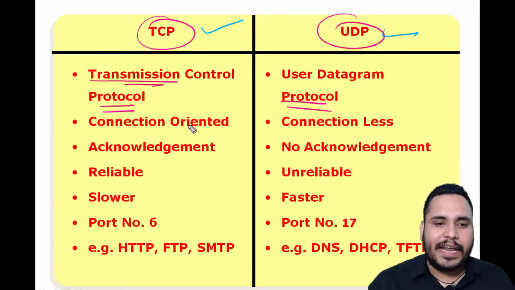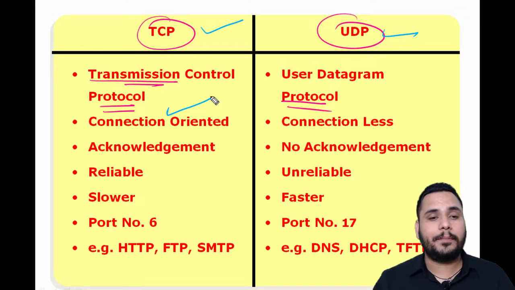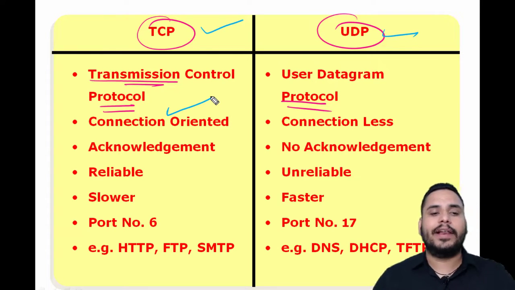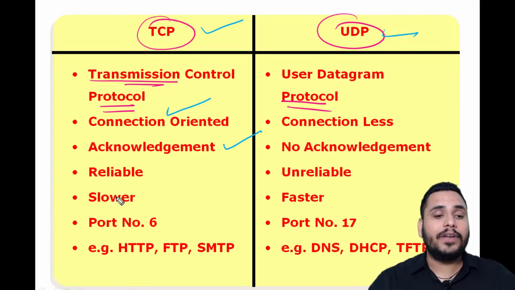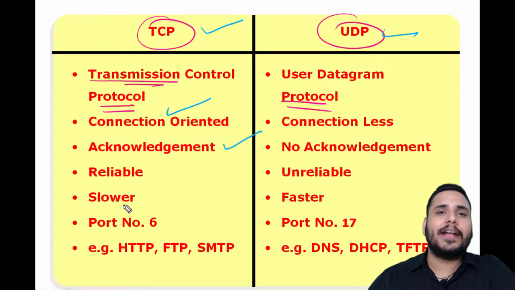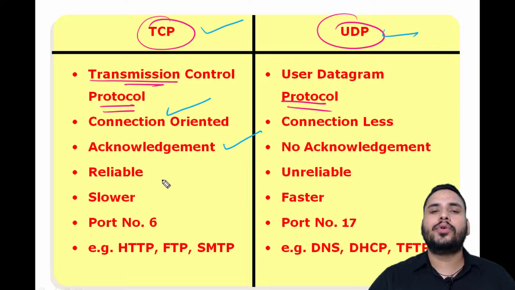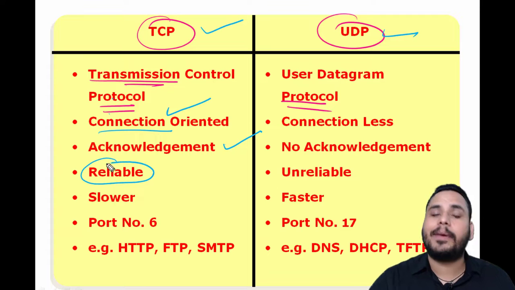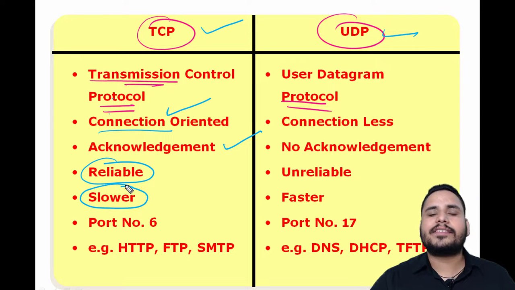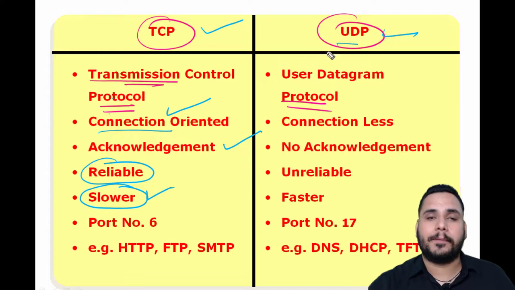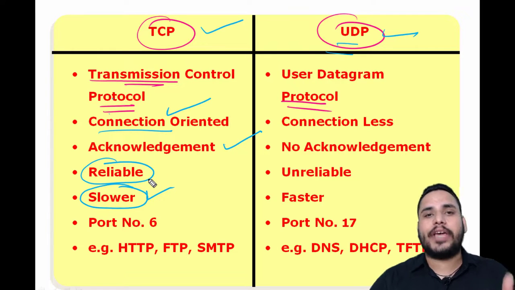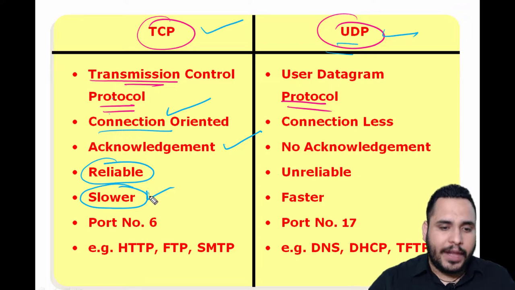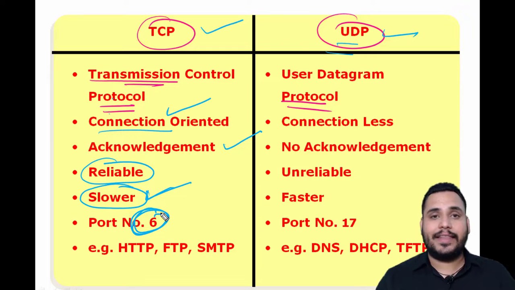Actually, TCP is connection oriented. Connection oriented means when you send data, you will get an acknowledgement. It will check the path, and after checking the path, it will send the information. After that, it will collect the information and then you can send your actual message. TCP is connection oriented, and this is a reliable approach. It is reliable, but it is slower than UDP because in TCP, when it checks the path from source to destination, it takes some time. And the port number of TCP is 6, and the examples